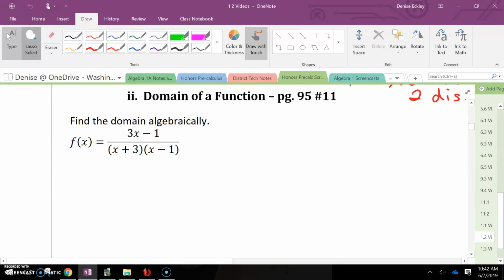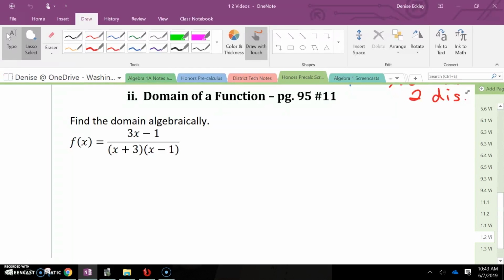Page 95, number 11, we're asked to find the domain of the function, and the function is (3x minus 1) divided by (x plus 3)(x minus 1). Part A asks us to write it in interval notation, and Part B asks us to write it in set builder notation. So, what we want to find is what values are